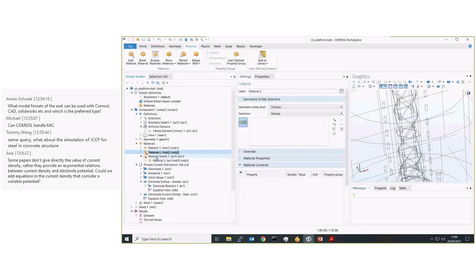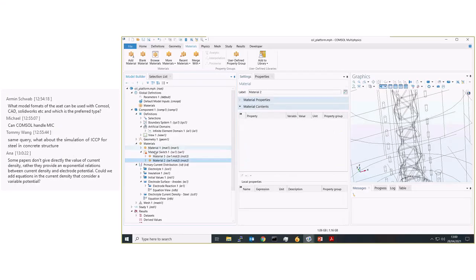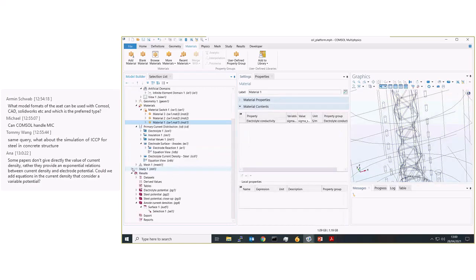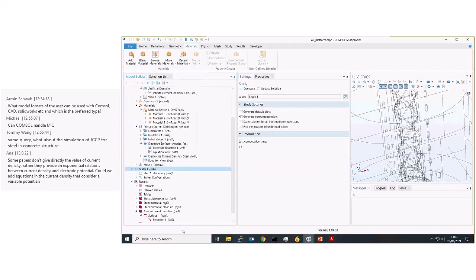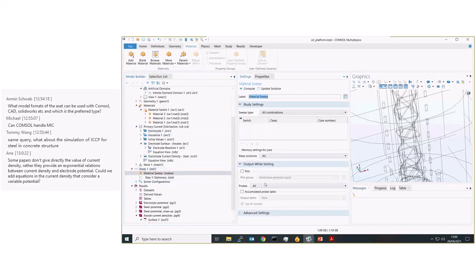If I just drag them in. Then we can run a material sweep study. That will repeat our study for each of the materials which we've defined.